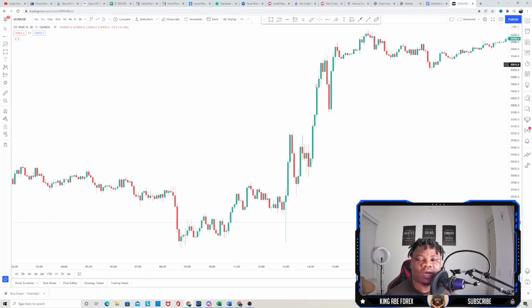Now when you're trying to trade US30, my own strategy, I recommend you guys trade this during the New York session. So that's my recommendation for you guys, and I'm going to show you guys here. Now since we're going to be focusing on trading this on the 5-minute time frame and also during the New York session, for those of you who are still finding it hard to figure out when New York session opens,